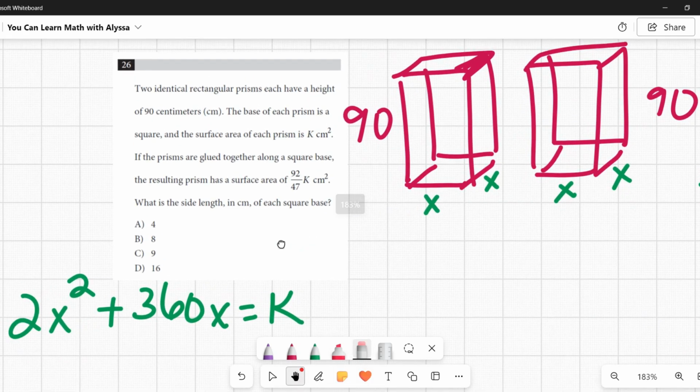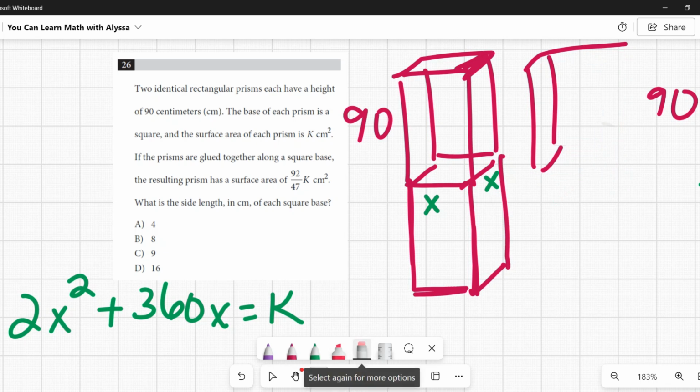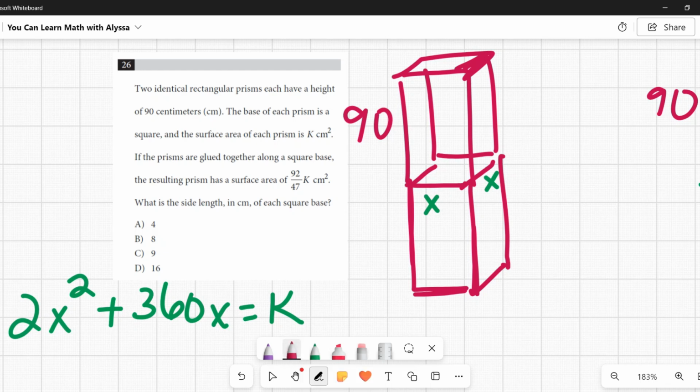If the prisms are glued together along a square base. I have seen this verbiage before. The first time I saw it, I'm like, what are you talking about? What they mean is, if I take these two prisms and I glue them together so that a square base is touching like that. That's what they mean. If they are glued together like this, the resulting prism, boom, boom, boom, has a surface area of 92 4/7